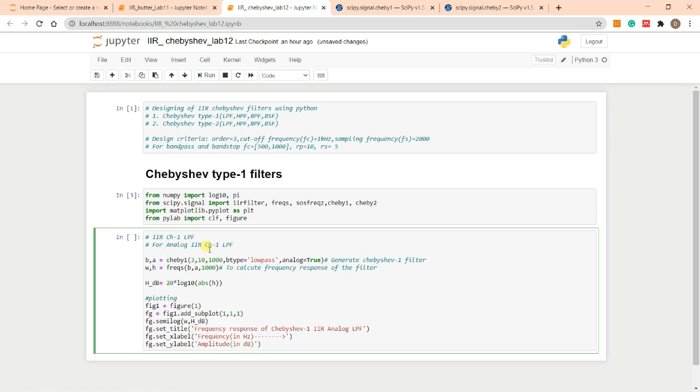Okay, then plot dot line at, sorry, 1000 hertz and color red. Okay,